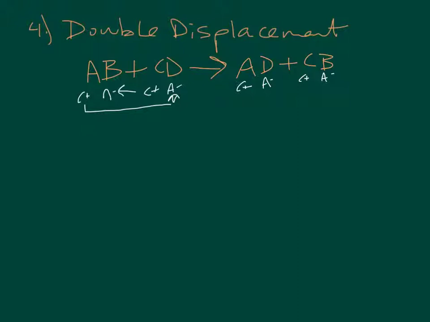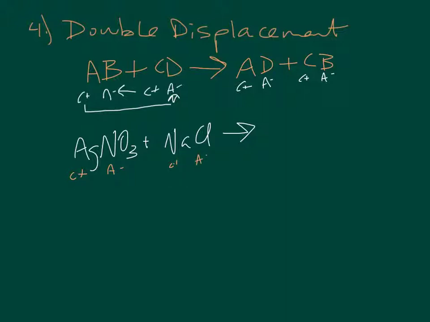Let's say I have silver nitrate plus sodium chloride. All right, what is that going to yield? So here we go again. Silver is my cation, nitrate, polyatomic ion. It's a negative polyatomic ion, so that's the anion. Sodium is the cation, and chlorine is the anion. All right, so silver and chlorine are going to go together, and then sodium and nitrate are going to go together. So what I end up with is silver chloride plus